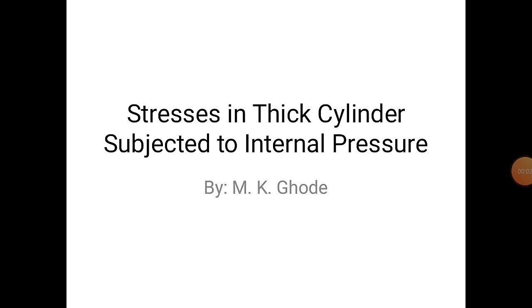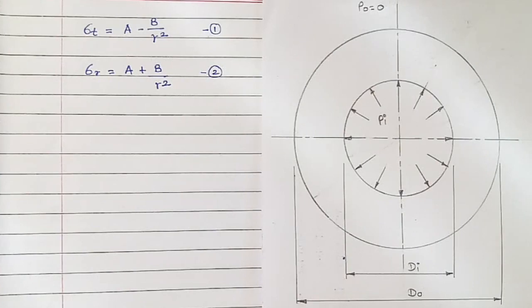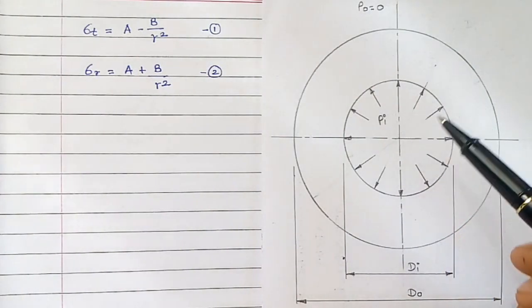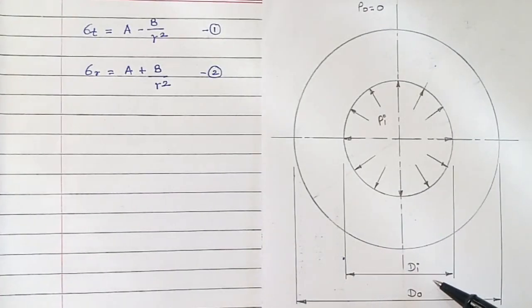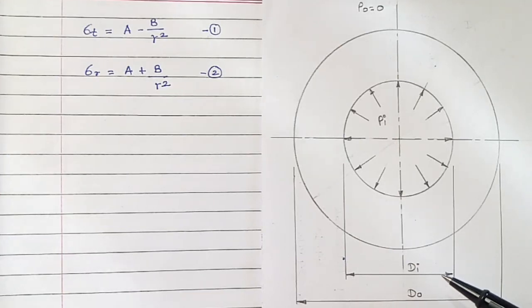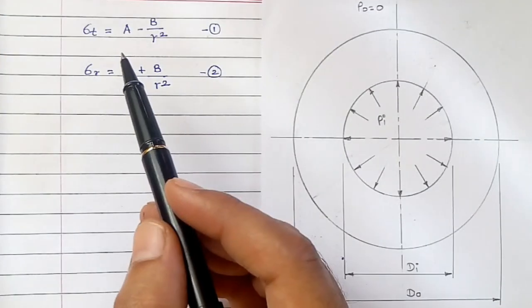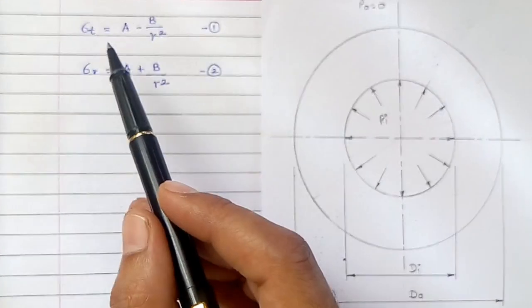In this session, I am going to discuss stresses in a thick cylinder subjected to internal pressure. In the previous video, we discussed the stresses in a cylinder subjected to both internal as well as external pressure. Consider a thick cylinder subjected to an internal pressure Pi, having inner diameter Di and outer diameter Do. As we discussed in the previous video, the values of the principal stresses, that is sigma T and sigma R,